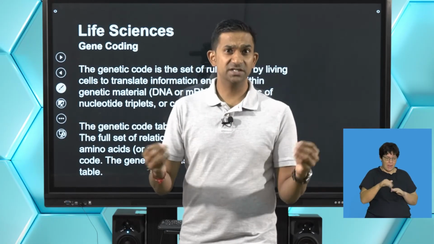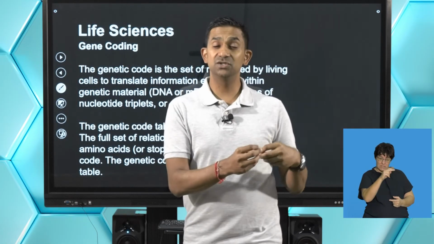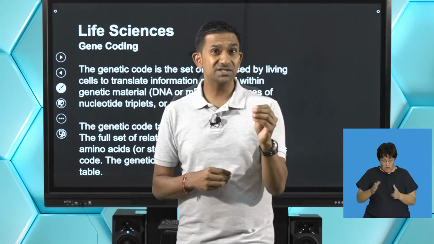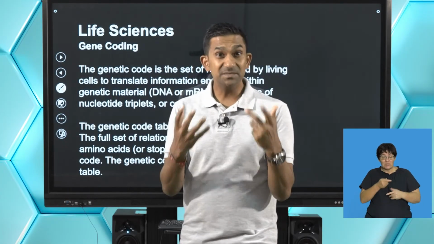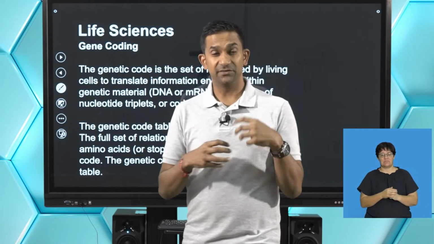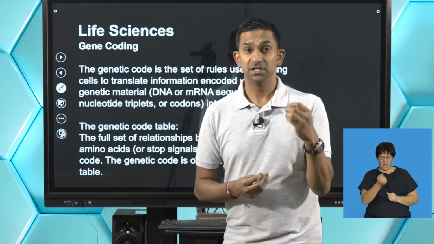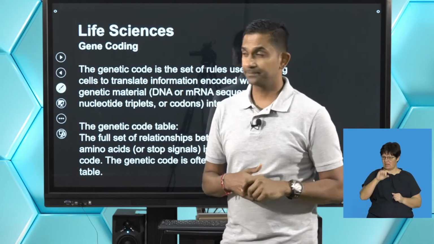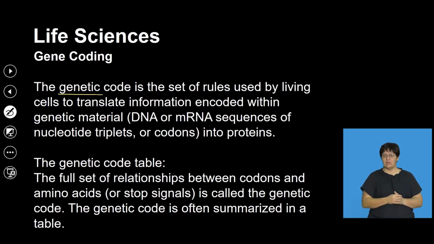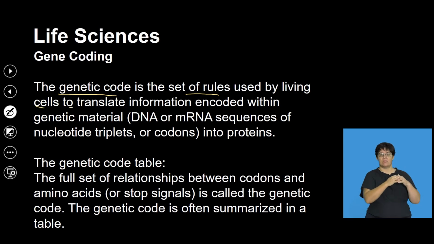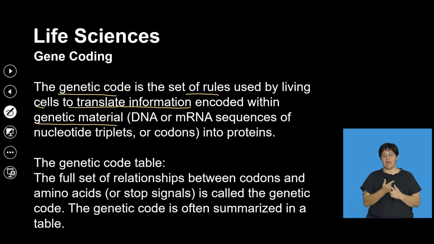If DNA is universal to every organism, but it's unique to the way it is arranged, the process of protein synthesis has a similar mechanism. However, the arrangement of those amino acids may differ. Let's try and understand what we mean by genetic coding or gene coding. Right, so the genetic code of an organism is a set of rules used by cells to translate information which are encoded in genetic material, which is DNA or mRNA sequences, which are made up of triplets,